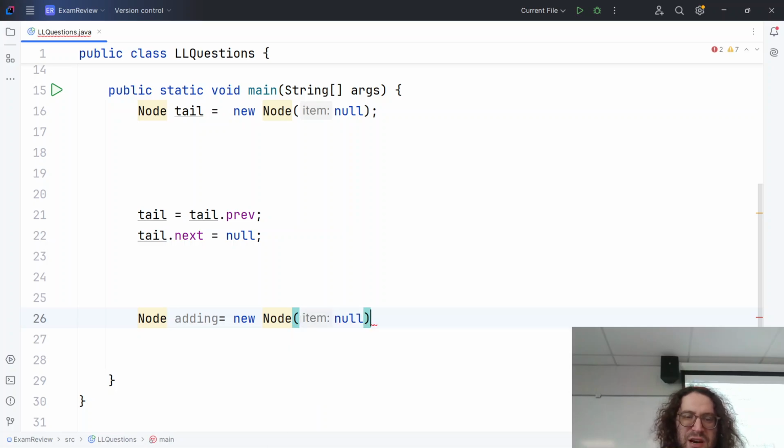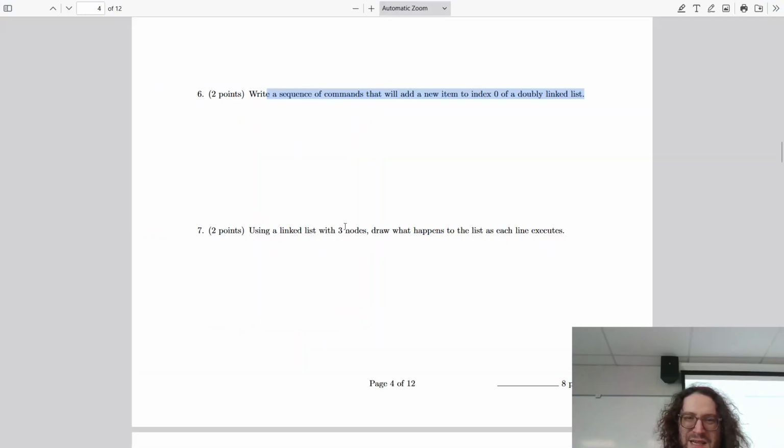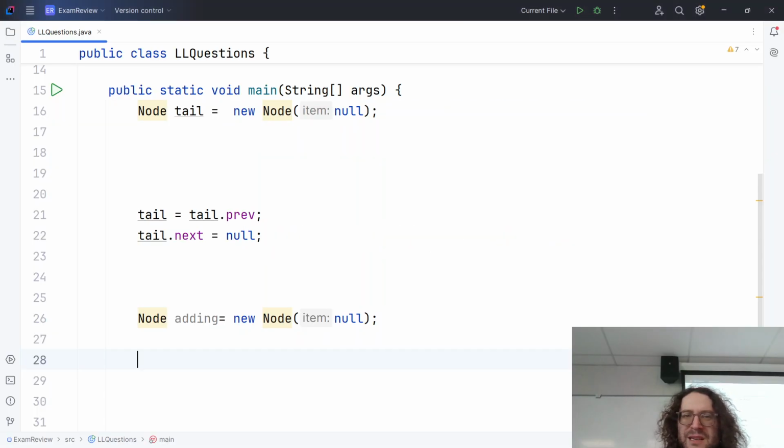And again, I'm just creating it null because normally it'd be some item or something. What goes inside the node doesn't really matter for the sake of this question. The question we care about is adding a new item to index 0. So we have this item there. The first thing we need to do is attach this new node: adding.next